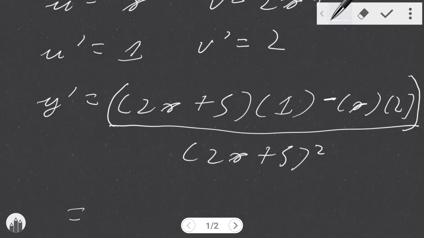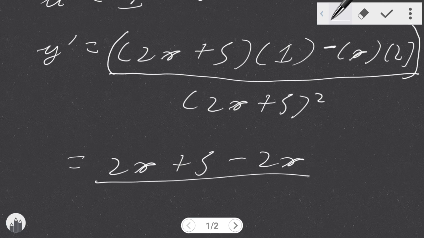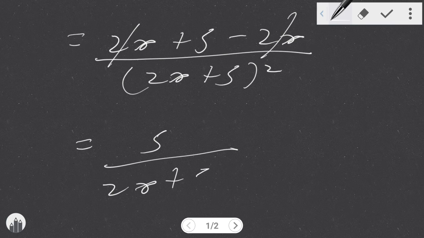So this is just literally going to be 2x, so you can have, I'll do it here, 2x plus 5 minus 2x over 2x plus 5. So you know you have to cancel this out and you are left with 5 over 2x plus 5 squared, and you're done. And in some questions, if they ask you to find the derivative at a certain coordinate, say